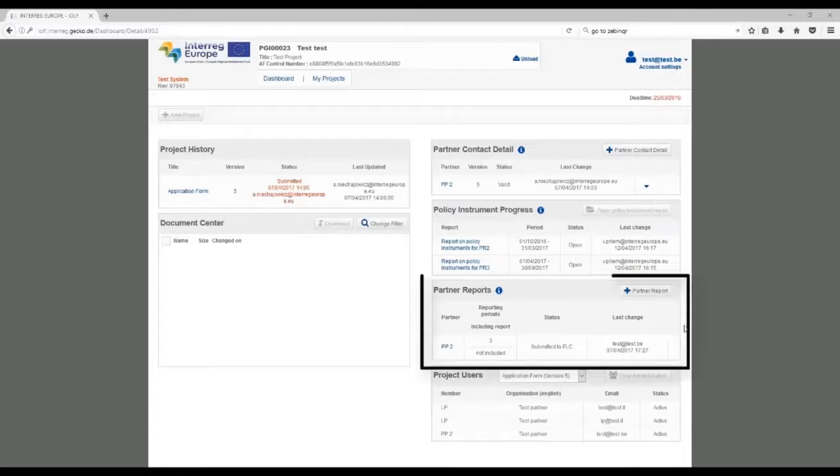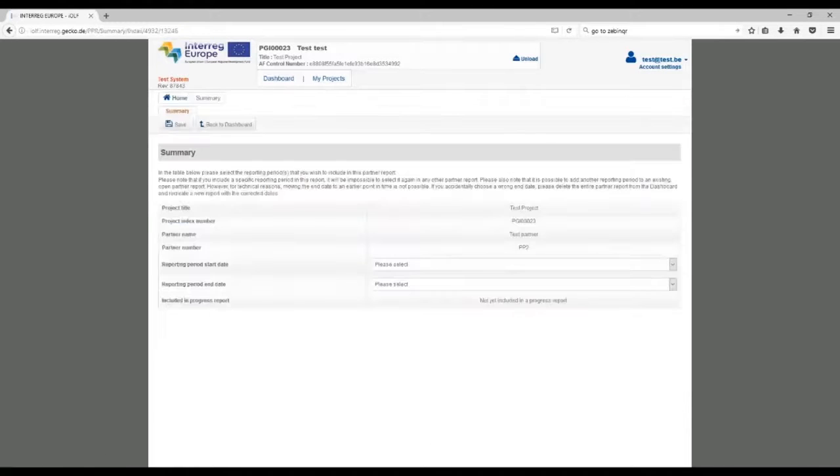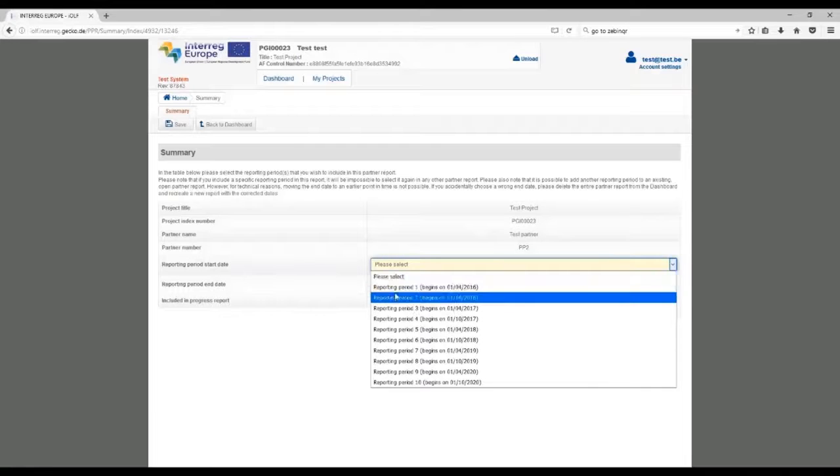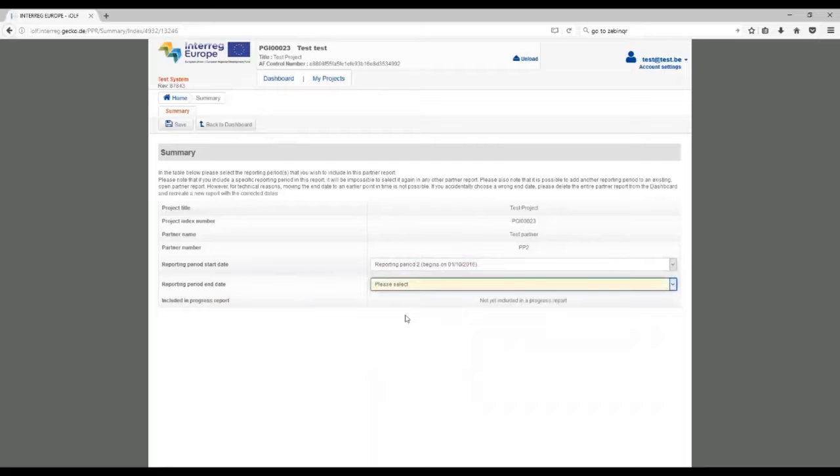To create a partner report, please click on the Partner Report button. The Summary tab will open, where you will see your project title, your project index number, partner name, partner number, and before you can proceed further, you will need to indicate there your reporting period. Let's indicate the reporting period start date and end date. And here please note that for technical reasons it is not possible to change the end date of the reporting period. So please, before you save, double check if you have selected the right dates. We click Save,